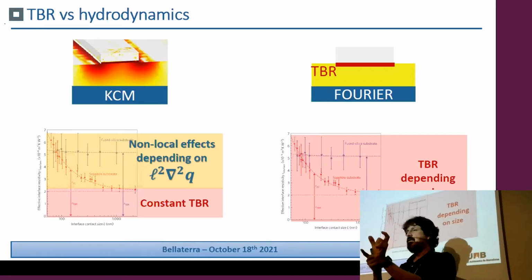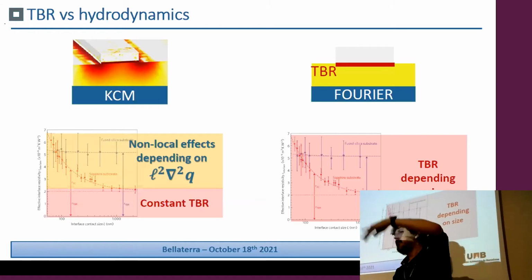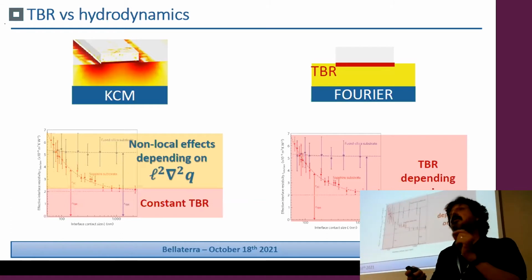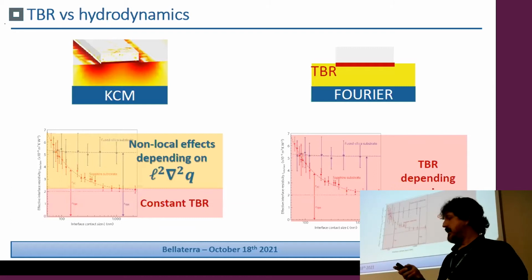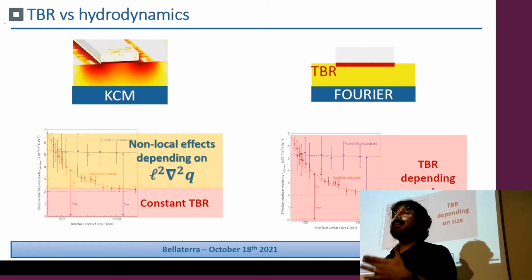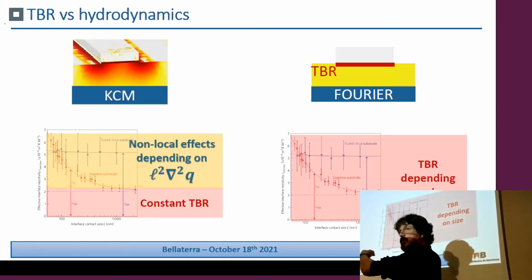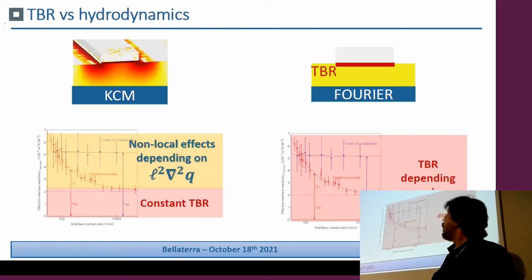This is the usual point of view because the phonons that are larger than this size cannot pass through, and you fit the data with a TBR. And this is what this work has done. You need a temperature-dependent TBR fitted to predict the results, while in our model, you just need the TBR to explain the